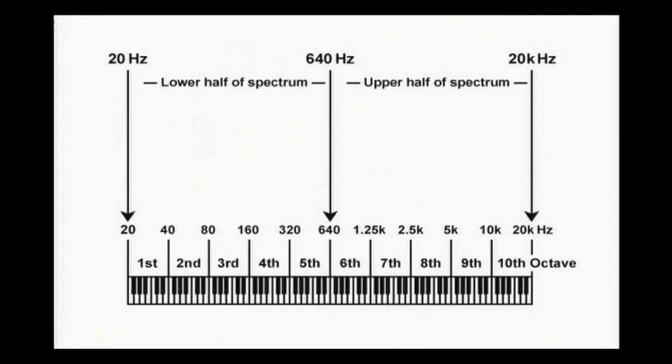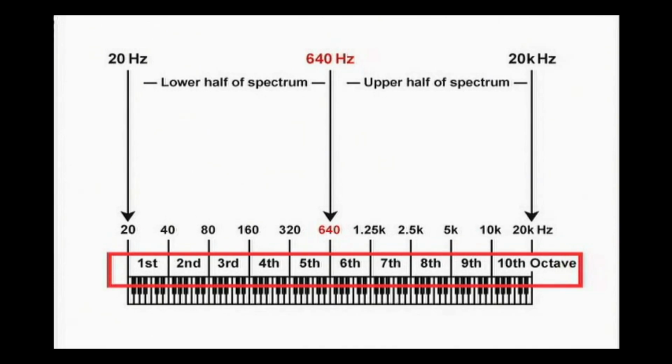As an example, the middle of the audio spectrum is not numerically halfway between 20 and 20,000, or 10,000 Hz. Rather, it's half the number of octaves from 20 to 20,000. And since there are 10 octaves in the audio spectrum, 20 to 40 being the first, 40 to 80 the second, 80 to 160 the third, and so forth, the fifth octave, or approximately 640 Hz, is the middle of